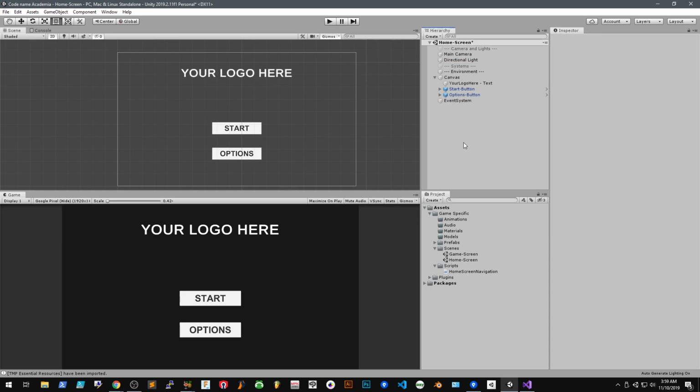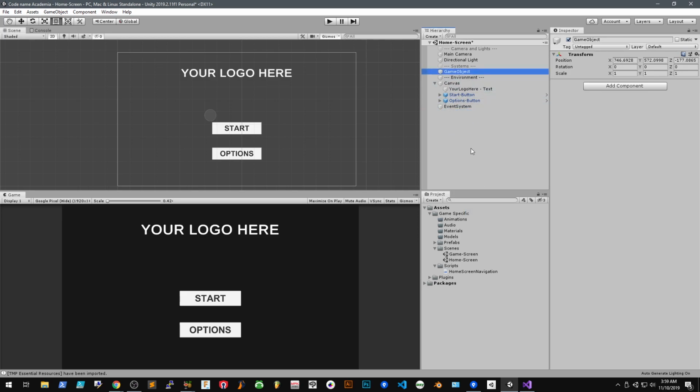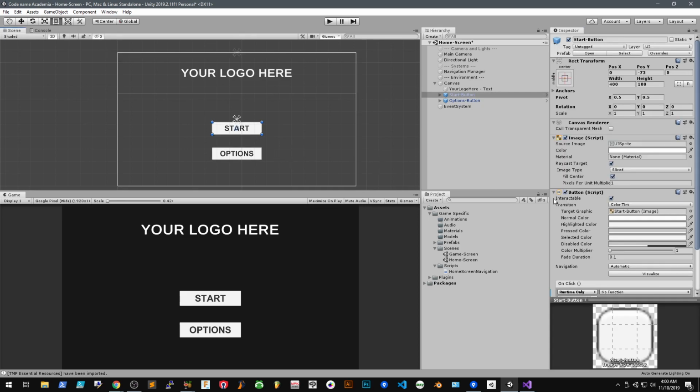so okay, so we're gonna create another one and we're gonna drop it right here. I guess we'll call this navigation manager, something like that, right? And then we're going to drop this script onto this object. Okay, now when we select this guy,